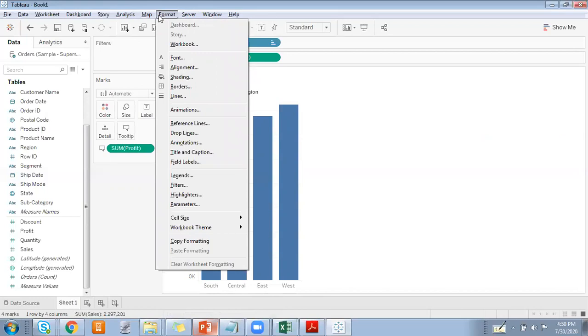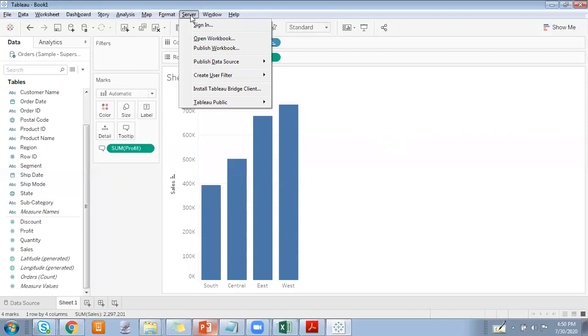And now the next tab is Format. So here multiple options are available to do the formatting of your data or your graphs, right? We'll be covering all these things like shading, alignment, font, borders, everything is there. But I just wanted to make you understand what all options are available and how we are doing it. That's why I'm showing you all the options in this particular video.